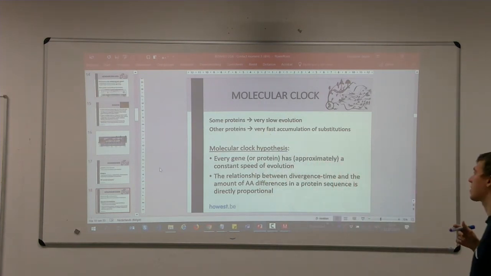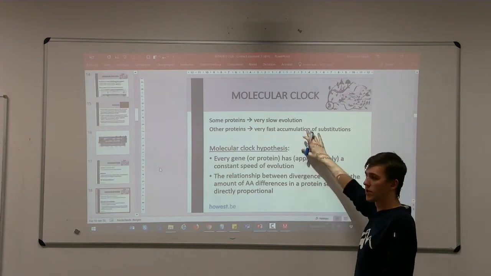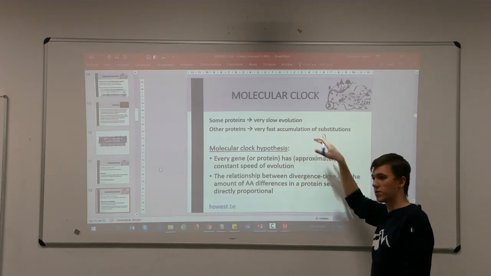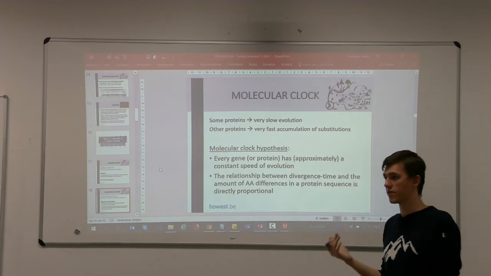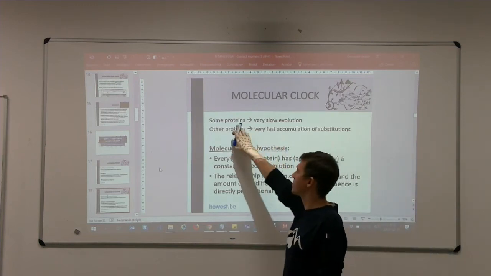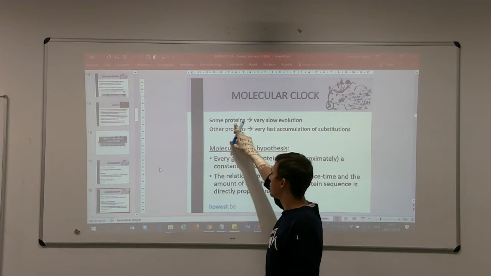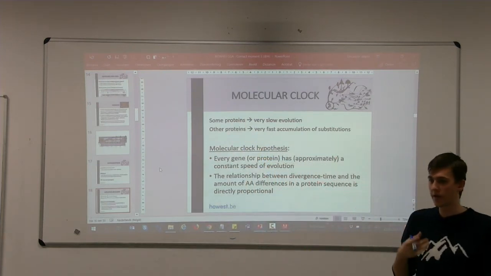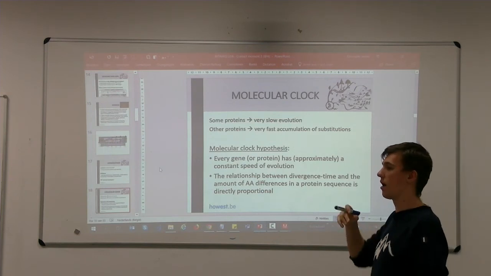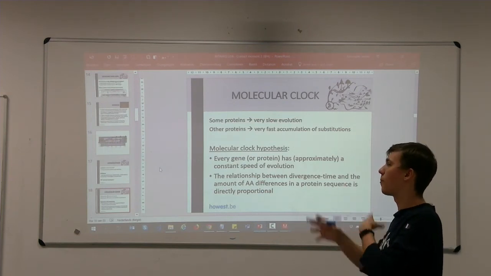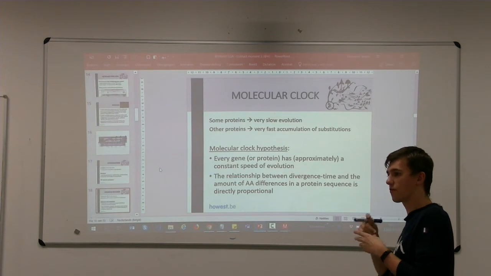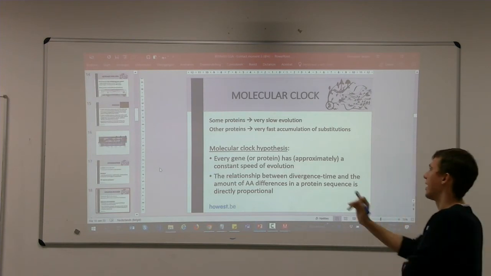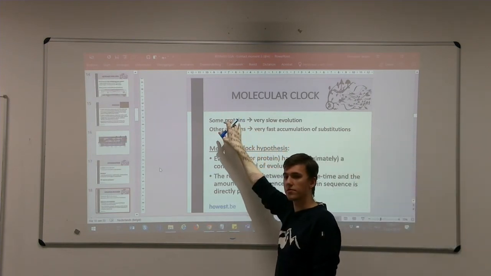For example, immunoglobulins are examples of proteins that are changing a lot over time. Another example of a very slowly evolving protein is histones. Histones are very important for the compaction of chromatin in the nucleus, and therefore they are very conserved